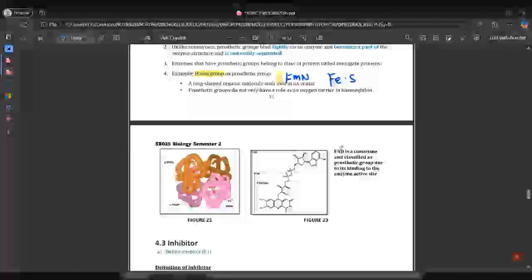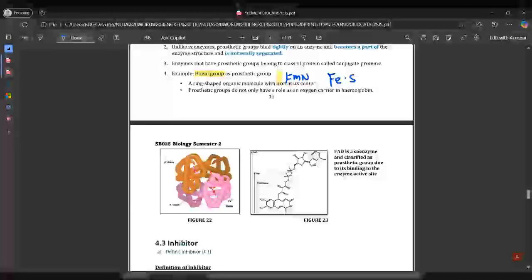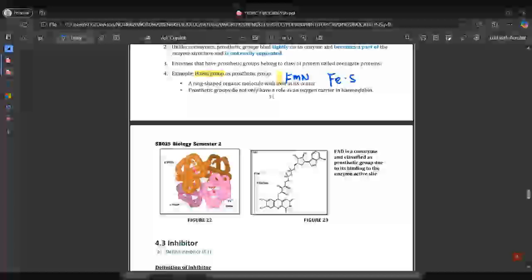Okay, this is the explanation for FAD. FAD is supposed to be a type of coenzyme because it is an organic compound. However, it is classified as a prosthetic group by the scientists when they were doing the classification, because FAD does not move. FAD is permanently attached to succinate dehydrogenase. So when it is permanently attached to succinate dehydrogenase, meaning